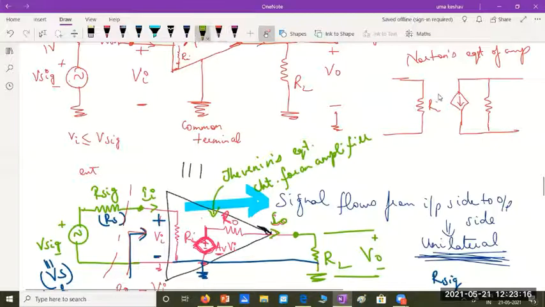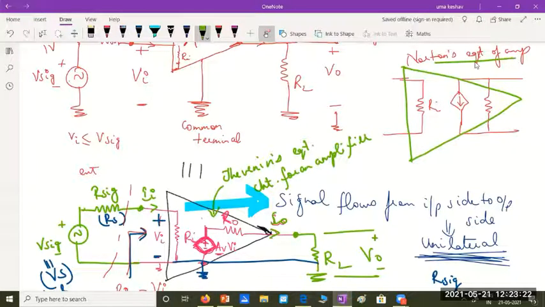So if I consider the equivalent circuit of the amplifier, Norton's equivalent circuit, it would have an input resistance Ri, just like the voltage equivalent. The voltage is Vi and the input current is Ii. I will have a current source, and this dependent current source depends on the input voltage. Say I have Gm into Vi as the value of this current, and in parallel with the output resistance R0. In Thevenin's equivalent, we have a voltage source and a series resistance. In Norton's equivalent, I have a current source and a parallel resistance.